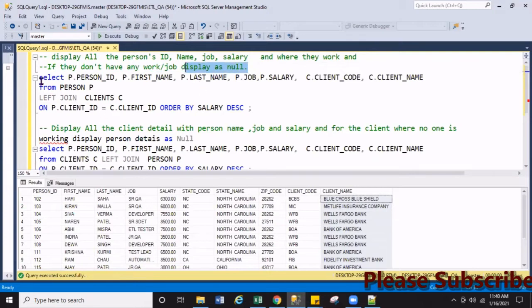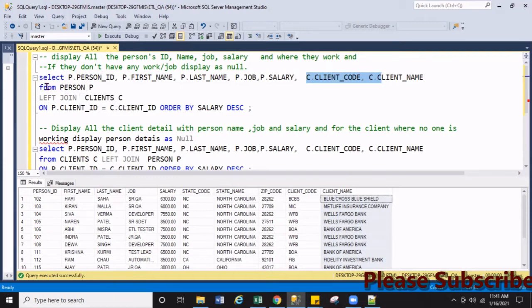So what I'm doing here, first always my select statement, after select my from keyword and my person table. As I earlier mentioned, the first table will be the left table, and after the left join keyword, whatever table we're going to use, that will be our right table, right? So what is happening here? Here we're going to take all the record from person table, which is left table, and match record from the client table, and we'll display the result. So what it says, if person is not working, display the null. So I'm taking all the person information from person table and client information from client table.